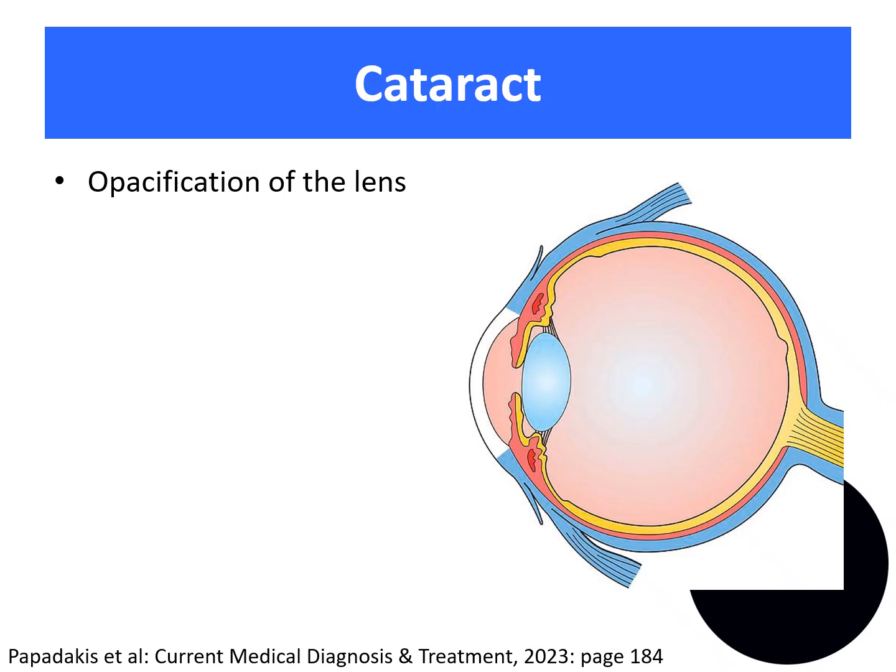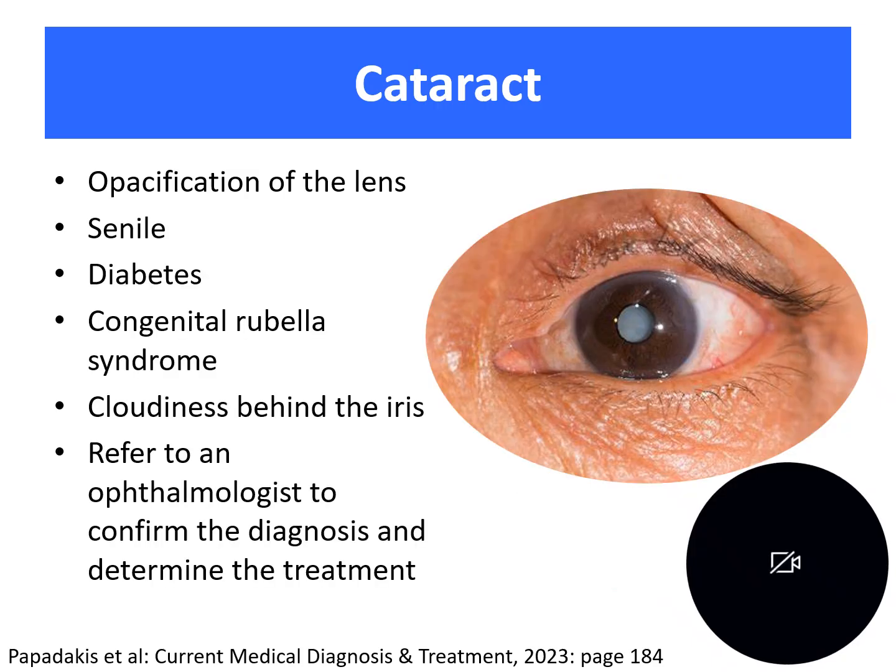Cataract is defined as an opacification of the lens. This could be seen as people get older, appears after you turn 70. But if you start to see cataracts before the age of 70, consider the possibility in an adult that is overweight of diabetes. Listen in the history to see if they tell you about polyuria, polydipsia, polyphagia. Make sure you do a comprehensive metabolic panel and check the fasting blood sugar to see if it's over 126